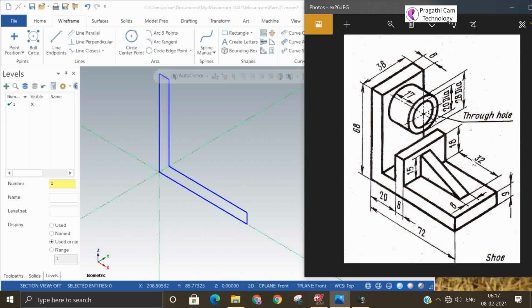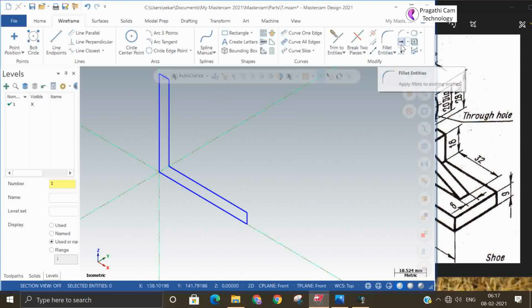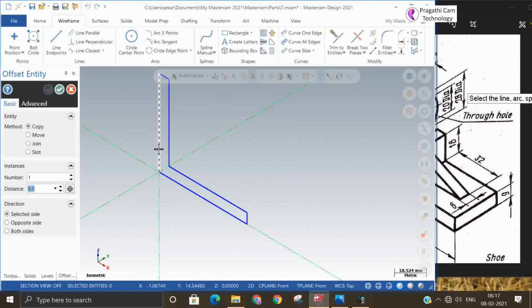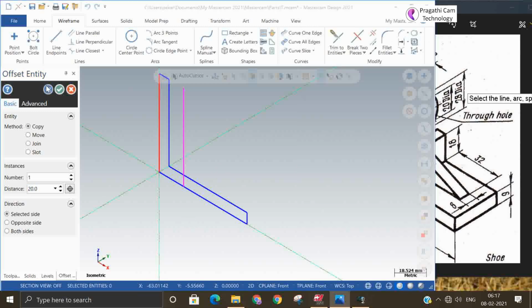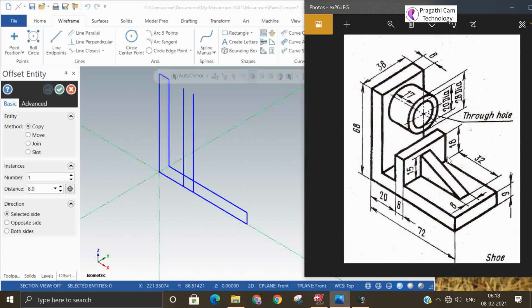Where this F is starting, it is 20 mm from the end, so I will offset 20 mm. Then from there one more offset of 8 mm. This is the thickness.